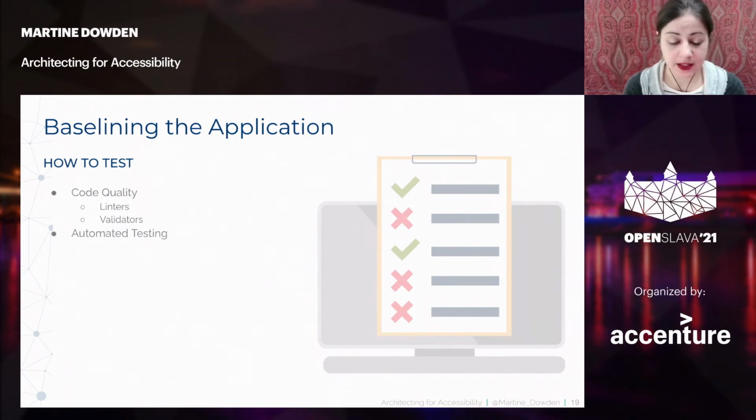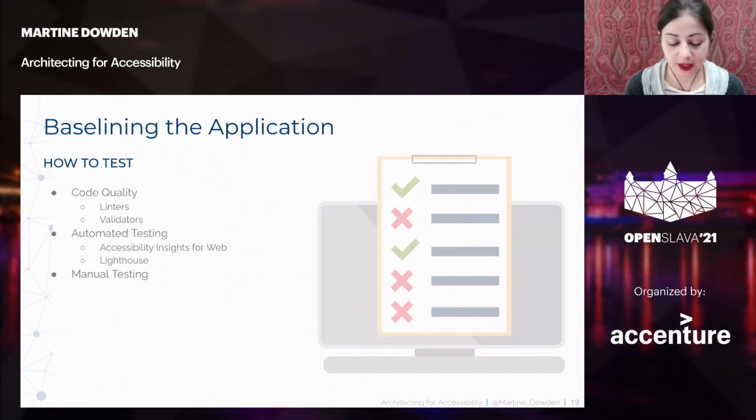Automated testing can be done via browser plugins, for example. It can also be done via code that you add to your pipeline, so that it runs every time your pipelines and your continuous integration work. Two of the ones I really like are Accessibility Insights for Web and Lighthouse.